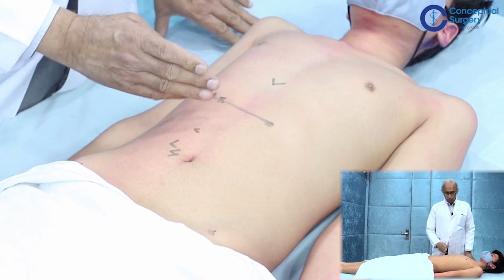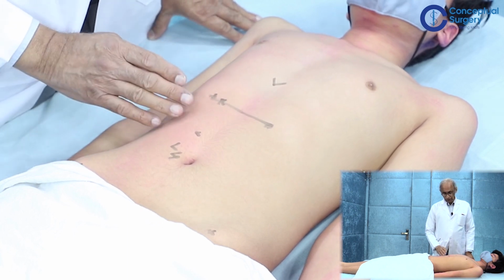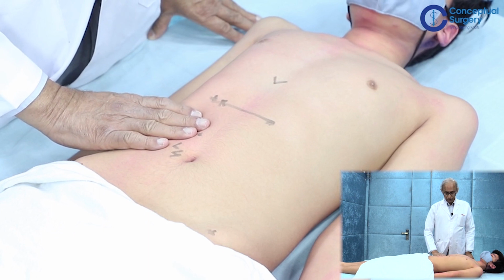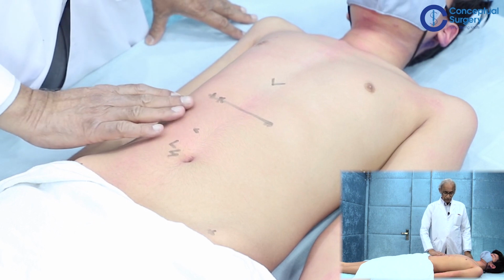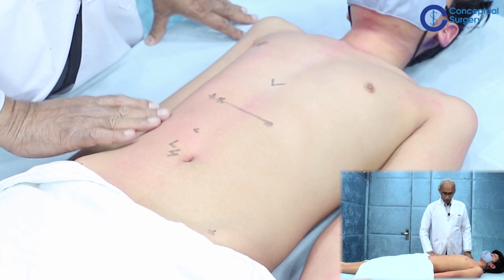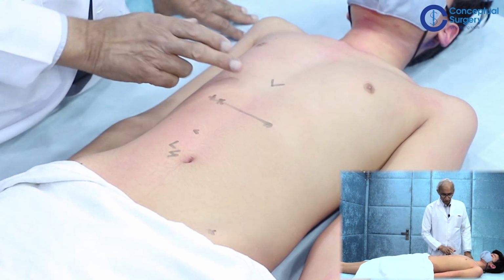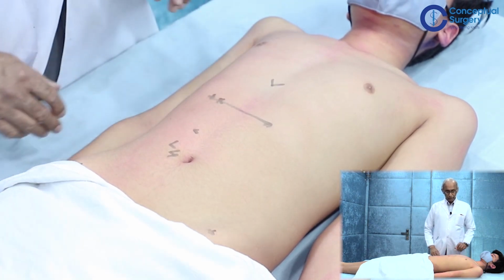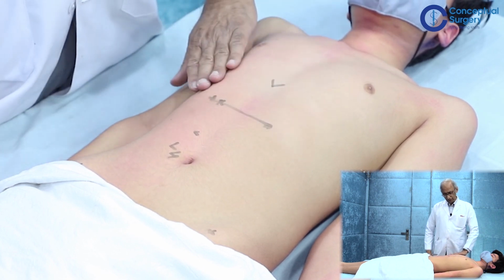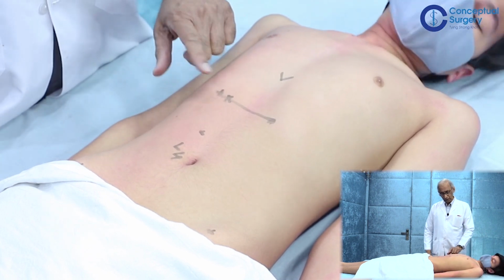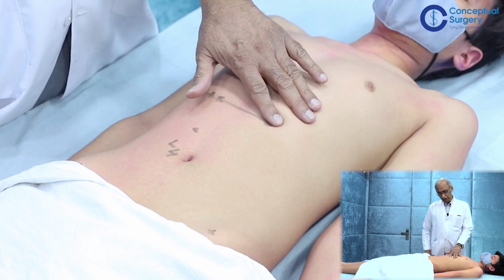So the point that I wish to make to you is the location of the kidney, and the palpation of the kidney. The ability to palpate will obviously depend upon where it lies, and you can very well see that a large amount of it lies well above the costal margin, in other words under the rib cage. The place where it is located is slightly different on the right and left side, because the mass of the liver is sitting here, which pushes the right kidney slightly down. On the other hand, the left kidney is slightly higher up.